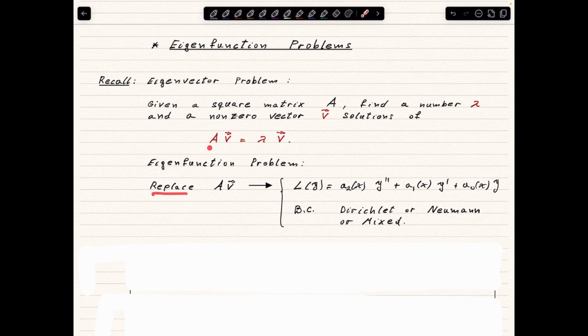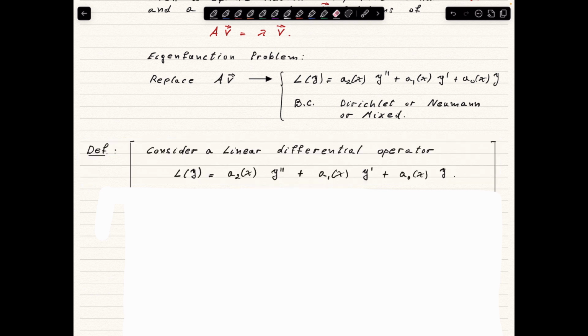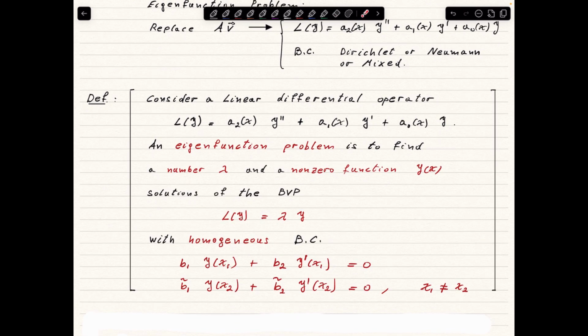That was an eigenvector problem, and now we want to introduce something similar where we are going to replace the action of a matrix on a vector by the action of a linear operator on a function, subject to some boundary conditions that are going to be either Dirichlet, Neumann, or mixed. So what is then an eigenfunction problem? Okay, let's consider a second order linear differential operator like this one. Then an eigenfunction problem is going to be to find a number lambda and a non-zero function y of x, solutions